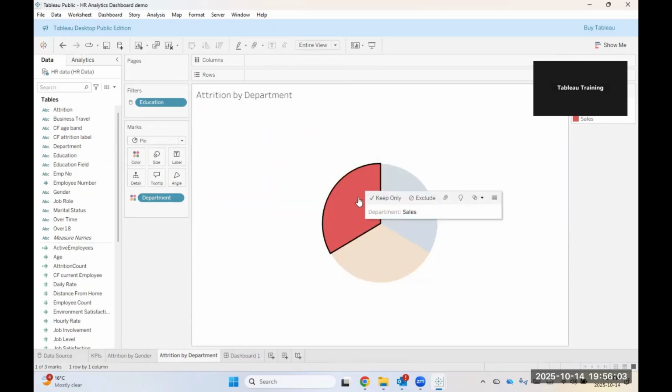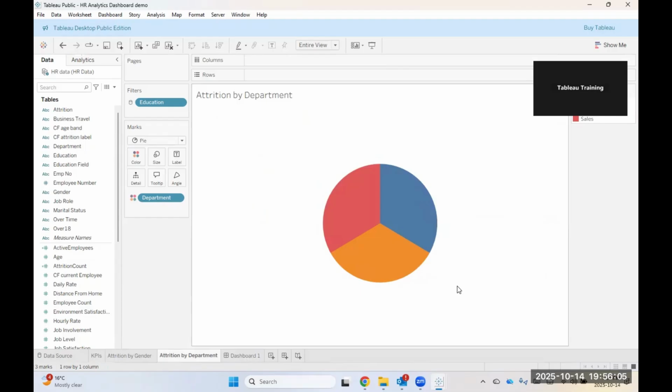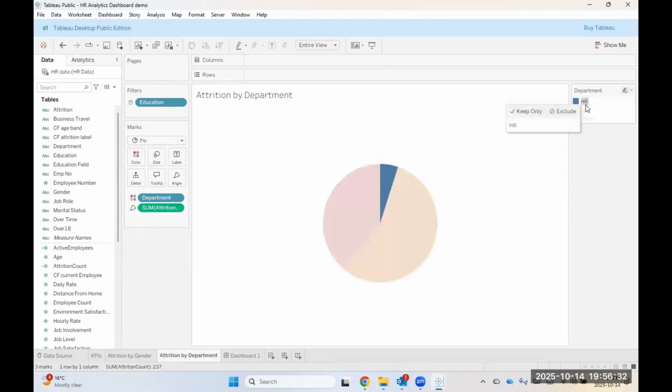So you can see sales, R&D, they have different colors here. And let's get the attrition count for this. So we have the angle option. The angle mark in a pie chart, angle means that individual piece, or you can say pizza slice of your pie chart. So this is represented by the angle mark. So I can just bring it here so I can see. I have HR, very few people, research and development is the majority, and sales is the second one. So this is how we see the different